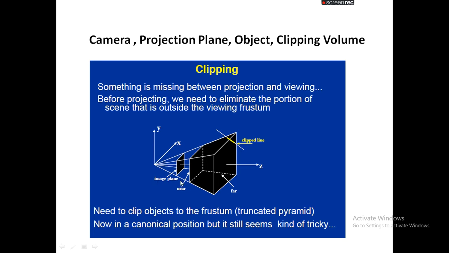Far distance means the distance between the projection plane and the end of the clipping volume. It means if your object is within the range of the near clipping window and the far clipping window, then only that object description can be translated to the projection plane, and that projection plane information can be projected on the screen of the monitor. In case the object position lies outside the clipping volume, means